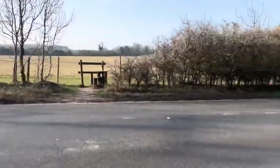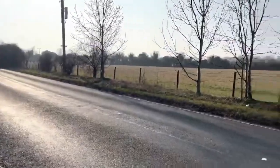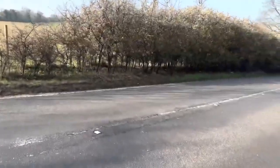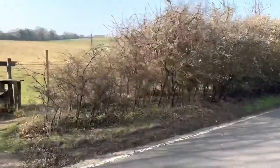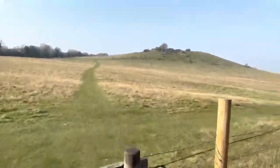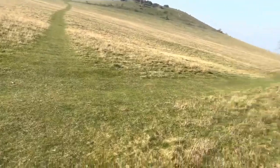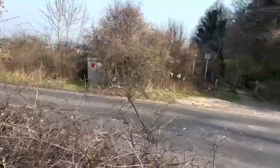Anyway, this is where we cross over the road. It's quite a busy road, as I mentioned. It's not too bad this morning. Do watch out, they do come along quite quickly along here. And once you've safely negotiated that, got over this fence,